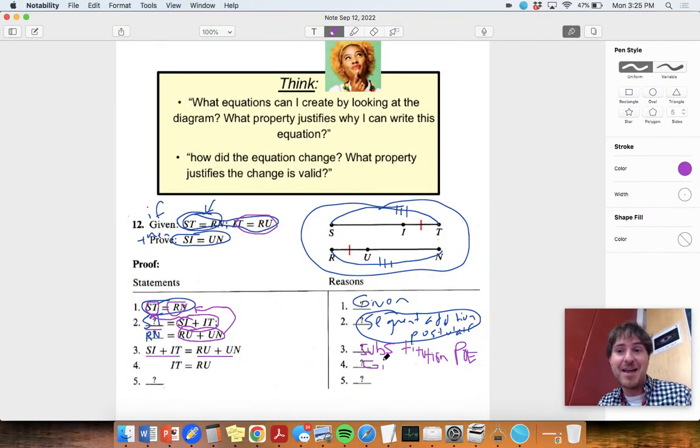Givens don't need to be mentioned all at the same time, okay? So they're sort of building on it. If this is true, and I know the segment addition postulate says this, then I know this is true through substitution. SI plus IT has got to equal RU plus UN. Then they're going back to the given. If I know that IT equals RU, they're going to have enough to finish the proof now. If you ever see a final step of the proof, I'm going to build my argument down here to then prove